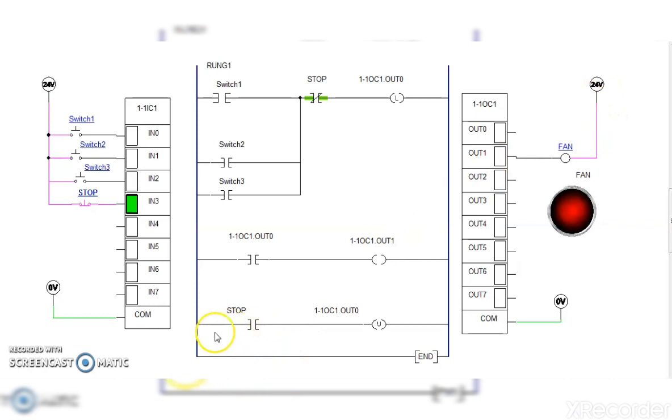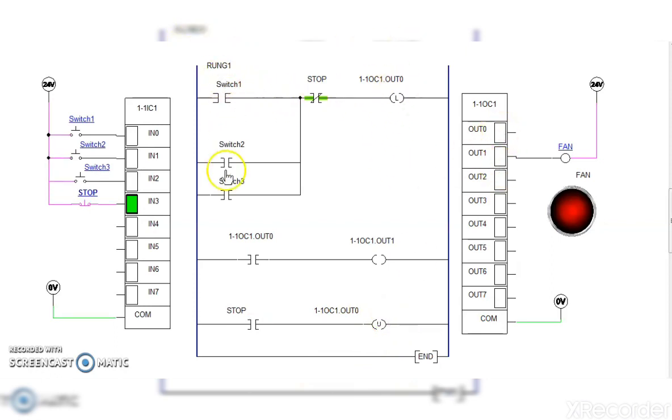Now here one more rung is there, in which the same stop switch is used here as a normally open NO switch. It is connected here to the unlatch coil, and that is nothing but out 0.